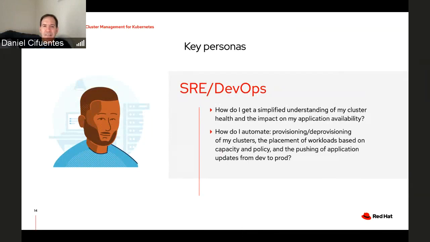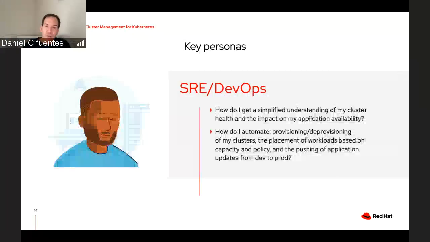And on a more day-to-day basis, DevOps engineers care about being able to self-provision environments for themselves. And in this day and age, it's coming to the point where they even care about being able to self-provision a cluster for their own automated testing. They also care about policies around having the right cluster with the right policies for capacity, for performance, for identity, and other things that are important.